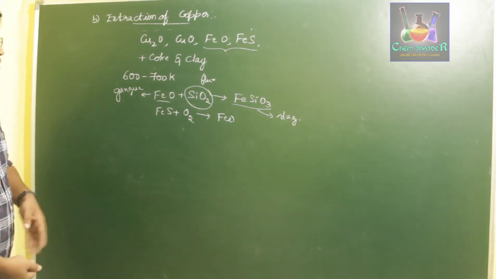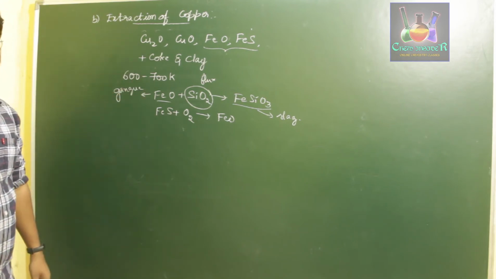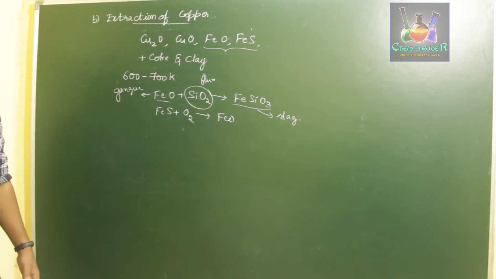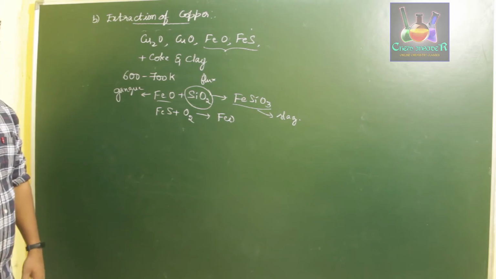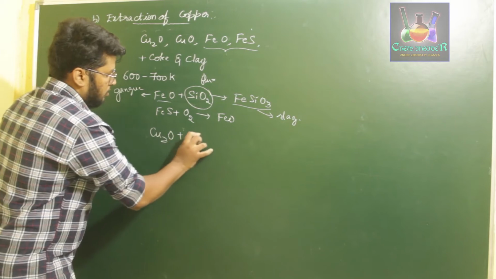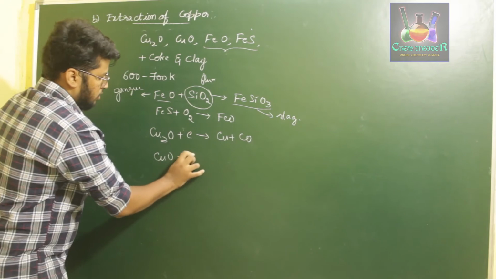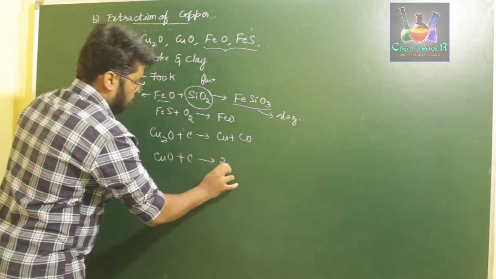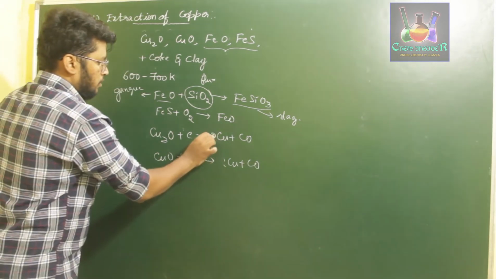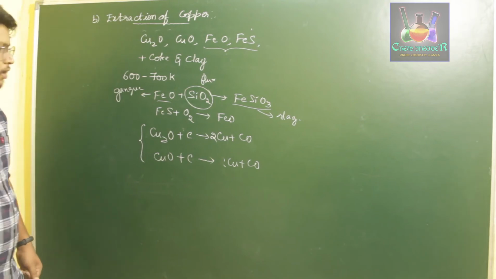So now once the impurities are removed, we treat cuprous oxide and cupric oxide with oxygen. We can further burn those compounds with oxygen and carbon in order to reduce them to their proper metal state. So that is, on burning cuprous oxide with carbon, we get Cu plus CO, and again CuO with C, we get again two molecules of Cu with CO. So this is how we are going to reduce our cuprous oxide and cupric oxide to our metal copper.